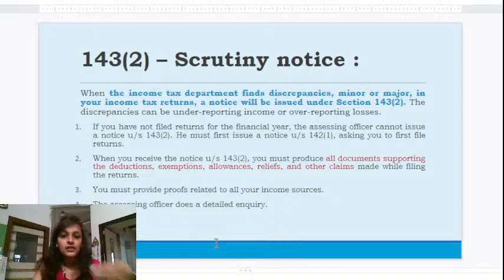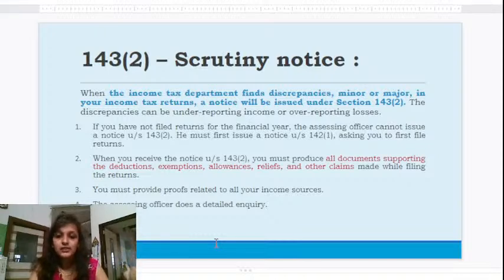First, he must issue a notice under 142(1), asking you to file the income tax return. After that, you will receive a notice under 143(2) for scrutiny cases, for the production of all documents supporting the deductions, exemptions, allowances, reliefs and other claims made while filing the income tax returns.